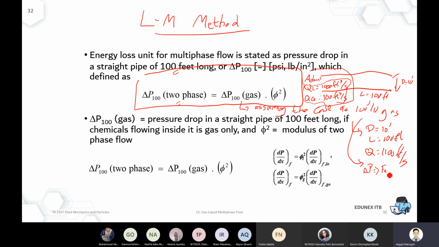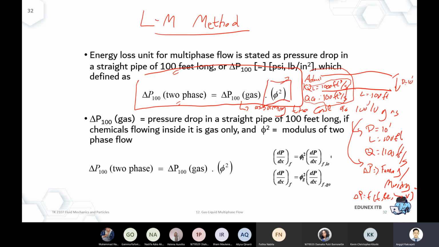using the Fanning or Moody correlation that is explained in the previous topics, okay? So pressure drop is calculated as a function of friction factor, Reynolds number, length, velocity, straightforward. Within maybe 20-30 minutes you can do it. But after you assume that it is calculated as a pure gas condition, now you add the correction factor.